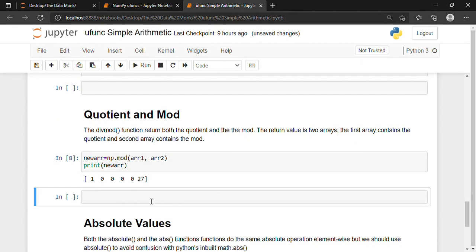Similarly, we can use the remainder function as well.